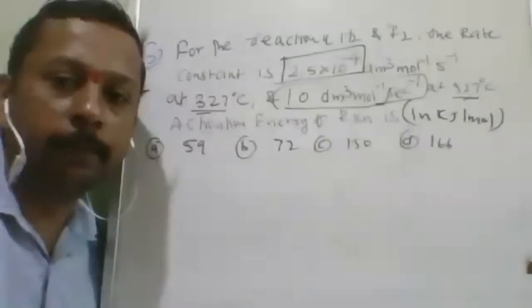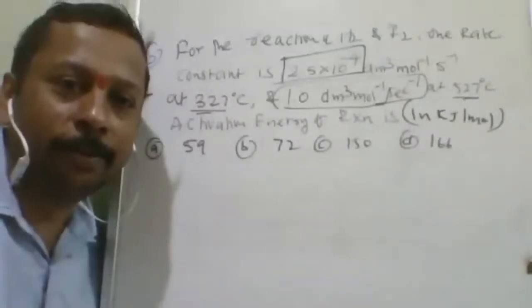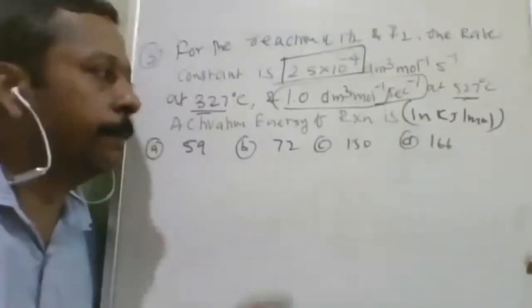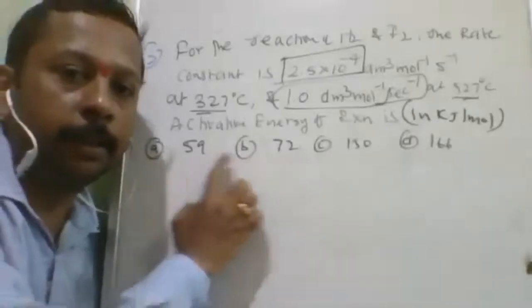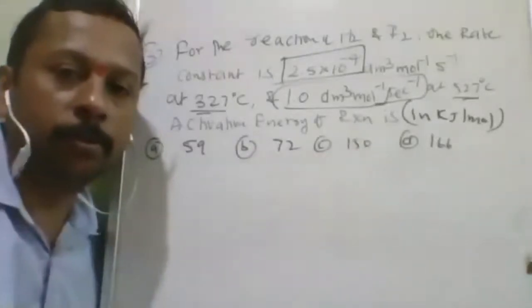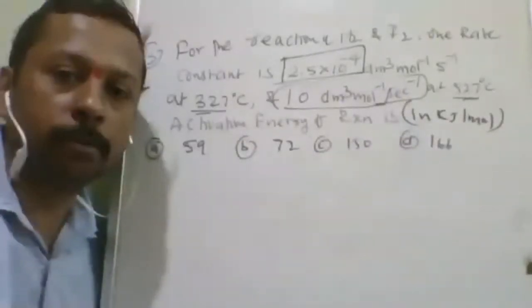Log K2 by K1, there is a formula. So as a hint, I am giving you this. At least now you can solve and tell the approximate answers. See, the beauty of the answers is that they are not nearby, so you can go for guesswork also.